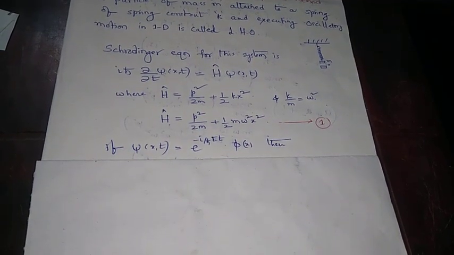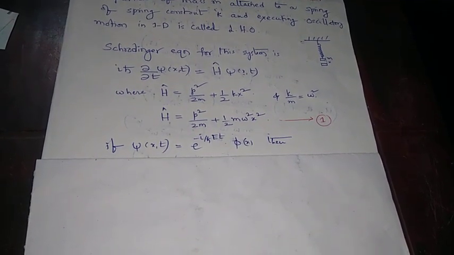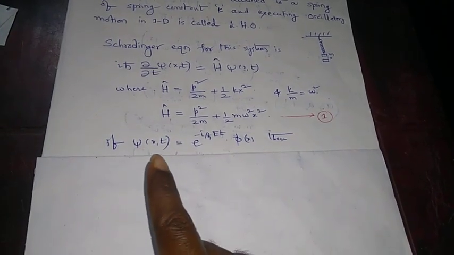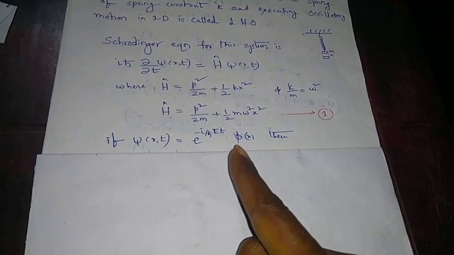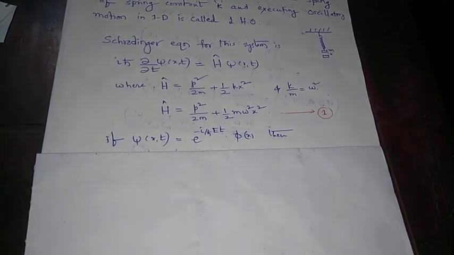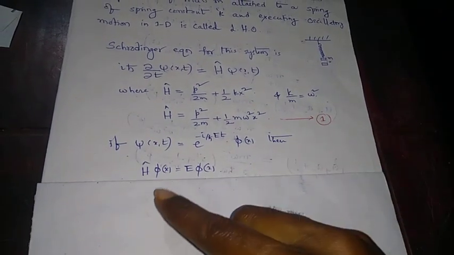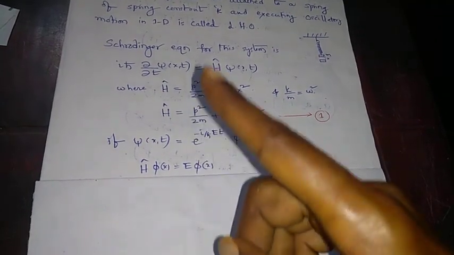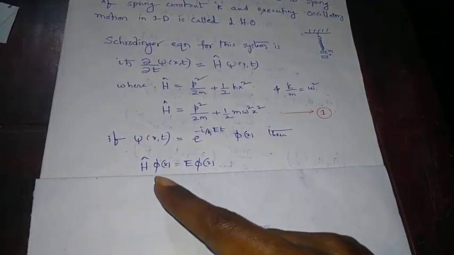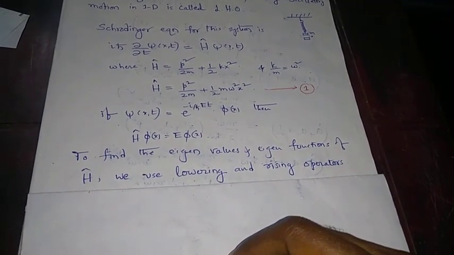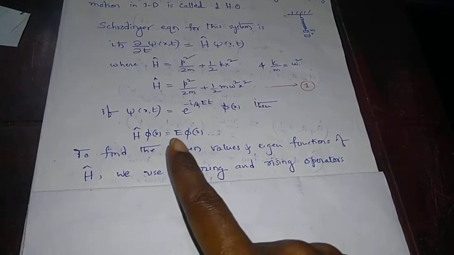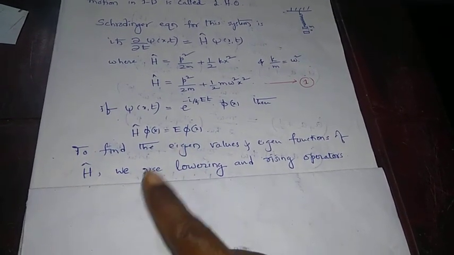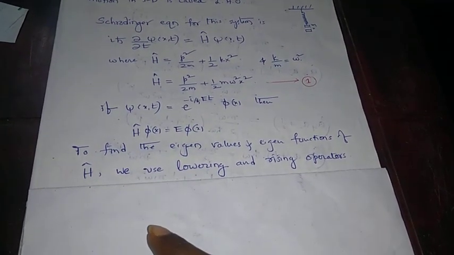Since H is independent of time, we can select our state function psi as some exponential like this, and then a function phi which depends upon only the x variable. And if you plug this in the Schrodinger equation, we get H phi is equal to E phi. So to find out what these phi's are and what is the expression for E, we use raising and